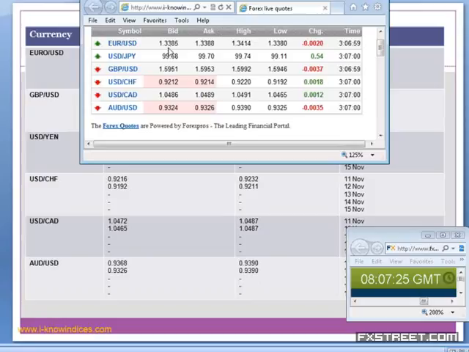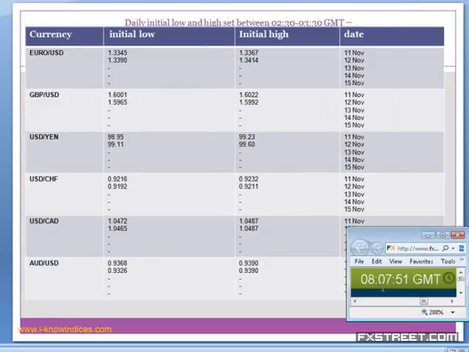So you find that in the case of the euro, it is staying below the initial low. In the case of GBP, staying below the initial low, and in the case of USD JPY, above the initial high. USD CHF, above the initial high. Then in the case of the Australian dollar, it has just breached the low and is holding around that by 1 pip. So it is 8:07 GMT. We will watch up to 8:30 GMT. And if they have not done a downward stop, then we will try to take a buy near the initial low. So I'll come to that